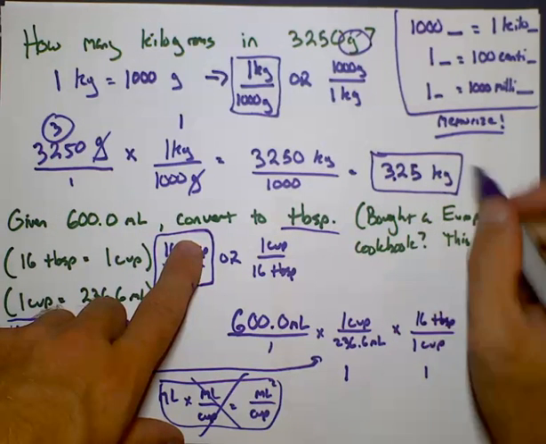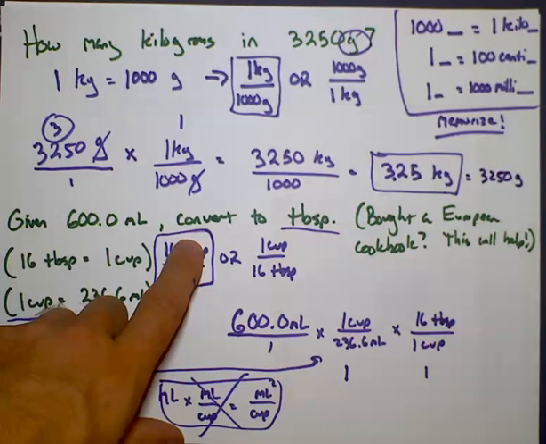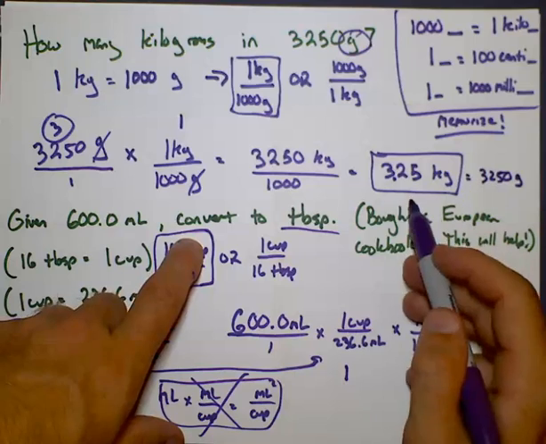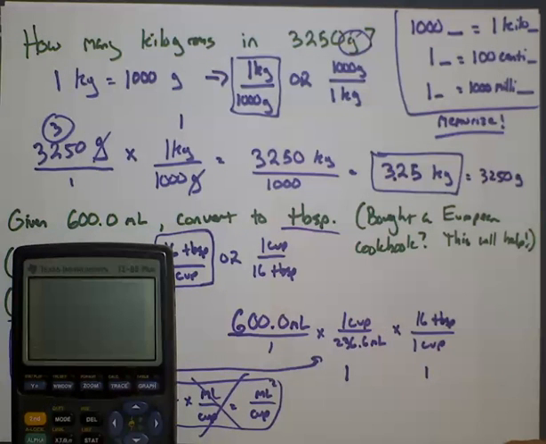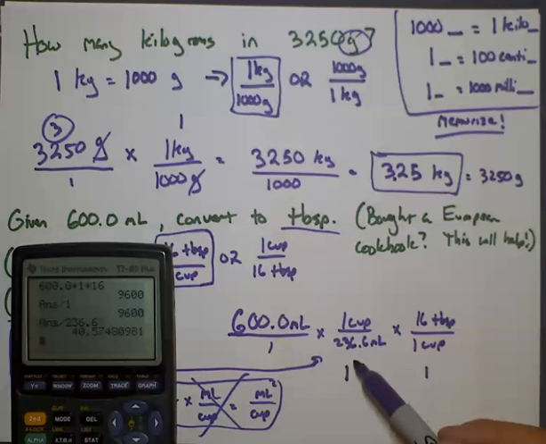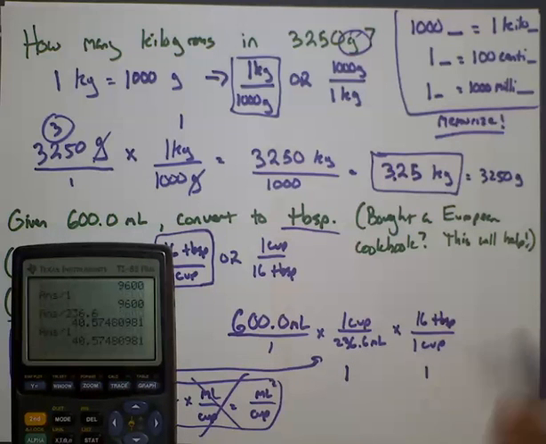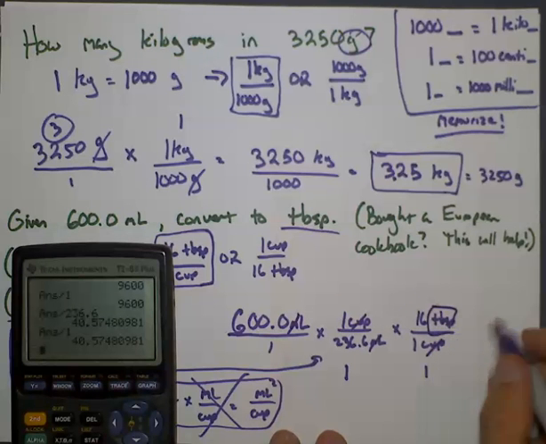Okay? 3.25 kilograms equals 3250 grams. Okay, it's just got a different name here. That's all we're doing. So let's do our math. Let's bring out our calculator here. So we've got 600.0 milliliters times 1 cup times 16 tablespoons. We're going to divide by the 1, divide by 236.6, divide by 1. We know that cups cancel out, milliliters cancel out, just leaving us with tablespoons, and so the